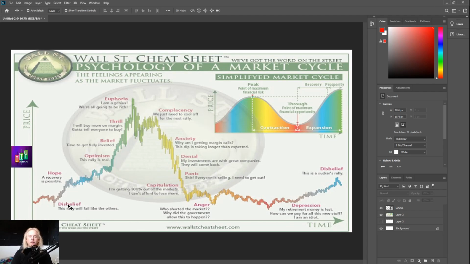Now, this is the way every market cycle will behave based off of the human emotions inside of it, because you guys have got to understand that it's all humans investing their hard-earned money inside of these markets, and because of that, there's going to be an emotional attachment. Most people that invest aren't actually going to make a profit. In fact, about 80 to 90% of those investors aren't profitable, so only 10 to 20% of the people investing in the markets are actually earning a profitable return.